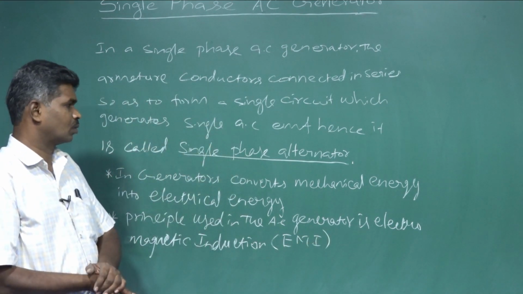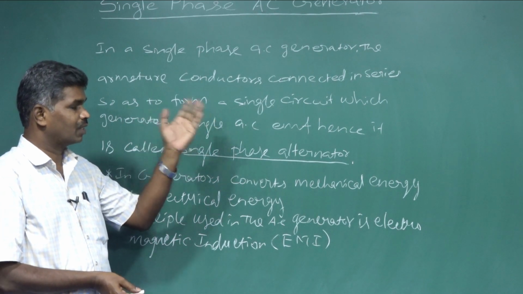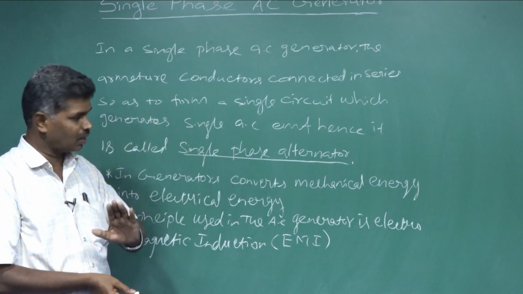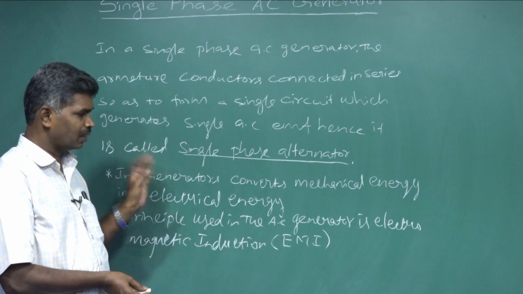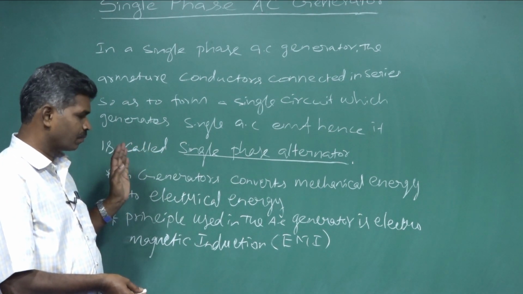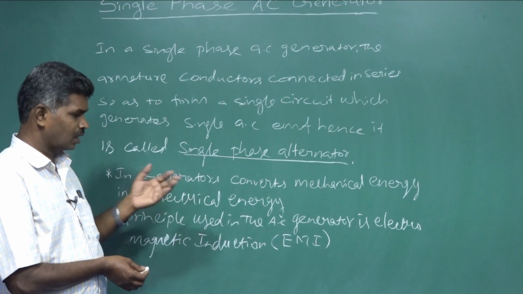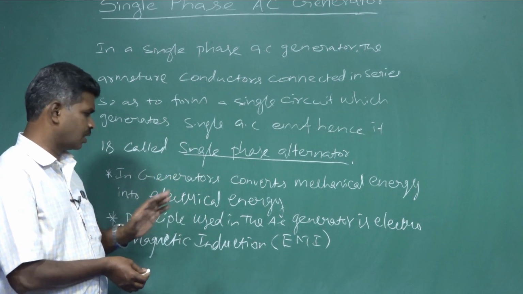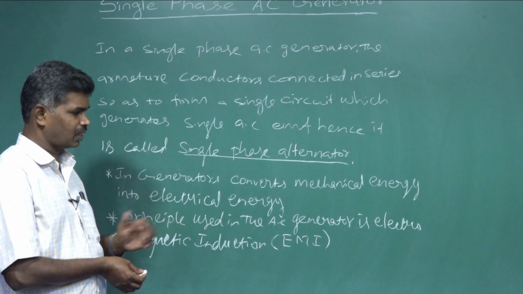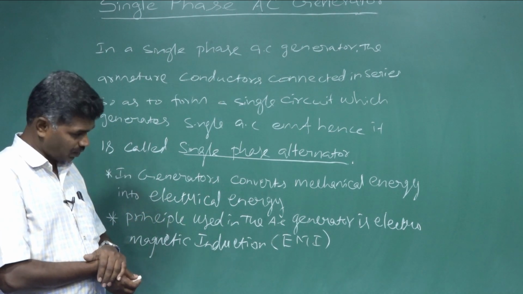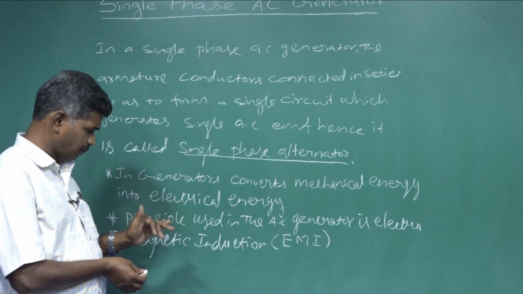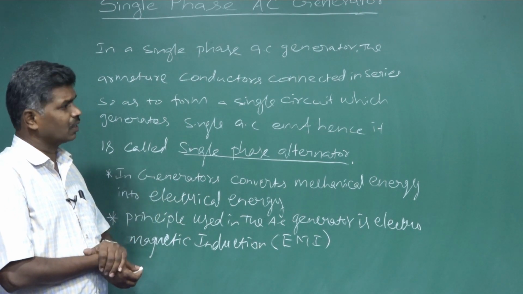Electromagnetic induction. So that's why there we have a single armature. We can generate a single electrical main line, that is a current line, and in that generator we have energy conversion, mechanical energy into electrical energy. Then that generator works on a certain principle, that is called electromagnetic induction.